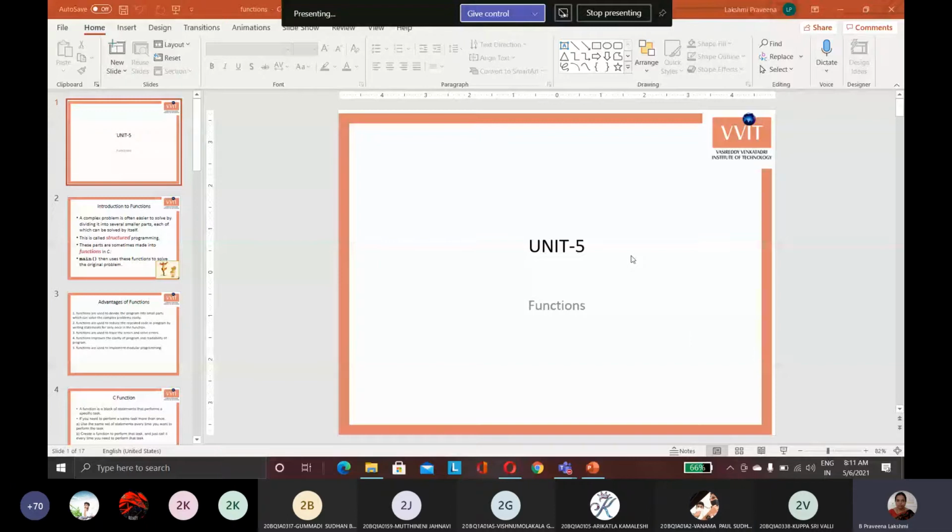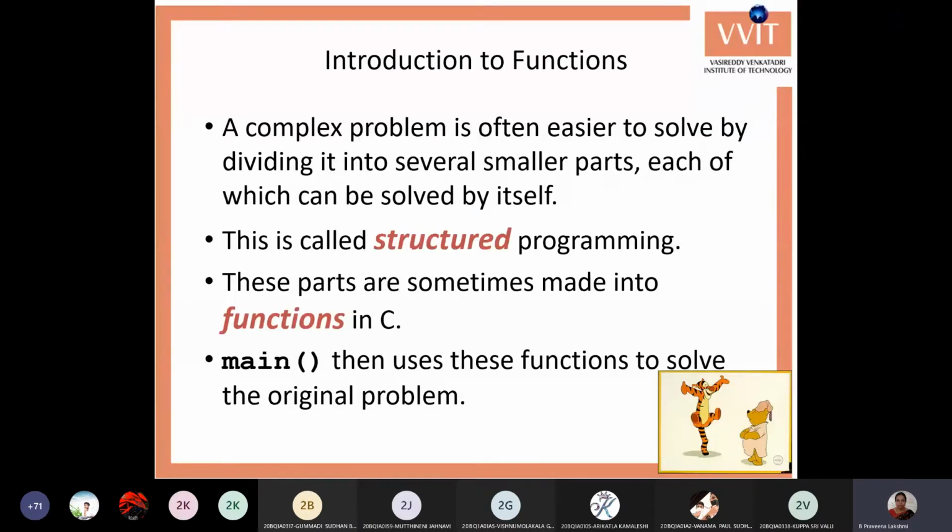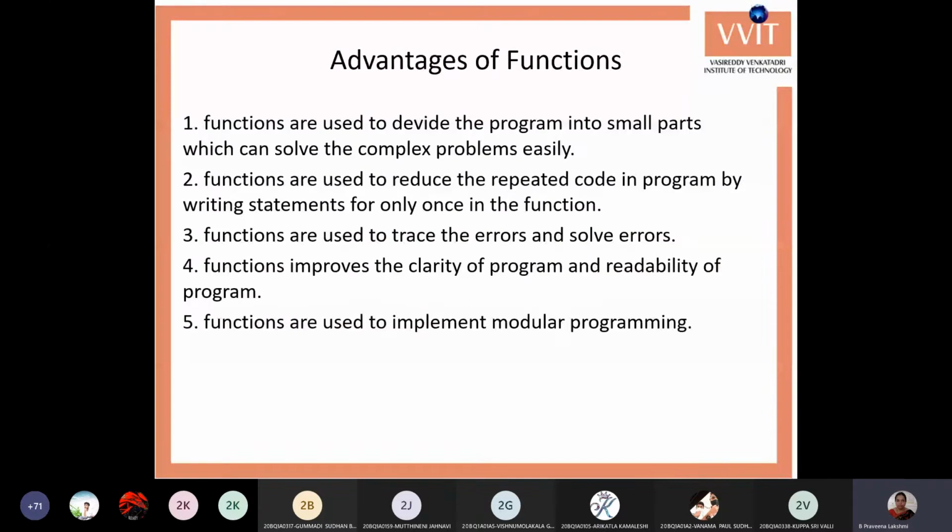Okay, we'll continue with our previous class, functions. We already covered the introduction to functions in the previous classes, that is, what is meant by a function and the different advantages of functions. A function is used to divide the program into small problems, and it reduces repeated code.